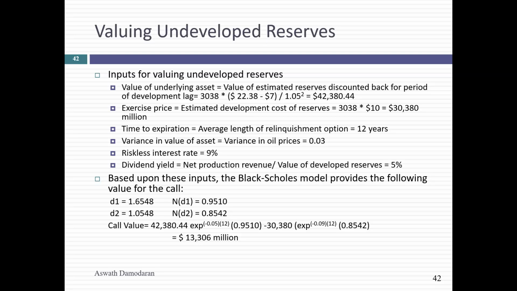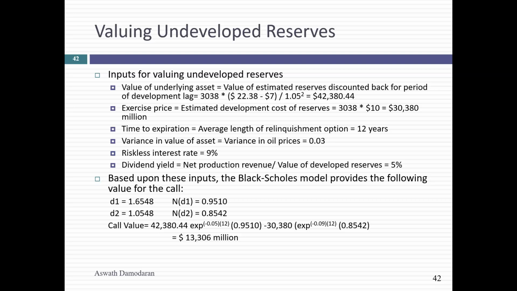Yes, sir. How do you practically use that information? Well, in 2 ways. One is when you have non-viable reserves and somebody comes to you and says, look, I'd like to buy a non-viable reserve from you, which oil companies do all the time, and oil prices drop to really low levels. You can estimate the value of the reserves. Right now, they're non-viable, but there'll be an option value and the more volatile oil prices become, the more careful you've got to be about not giving away undeveloped reserves, even if they're non-viable. The premium is coming from the fact that as oil prices move, the reserves could go from being low value reserves to high value reserves.